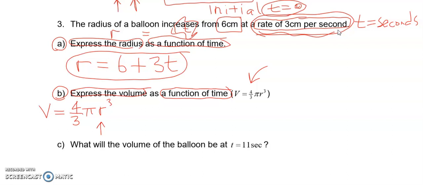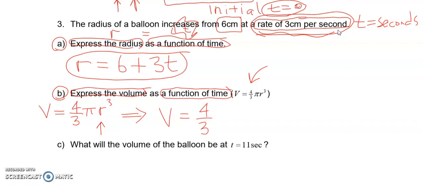There is your secondary equation. That is actually what you're going to put into the main equation to end up with the answer to part B, express the volume as a function of time. And it's actually very simple. It's just an immediate substitution,